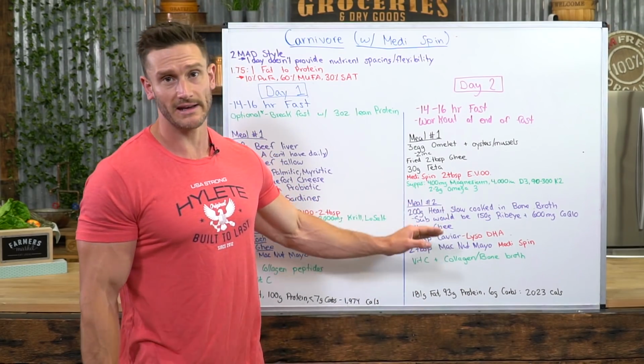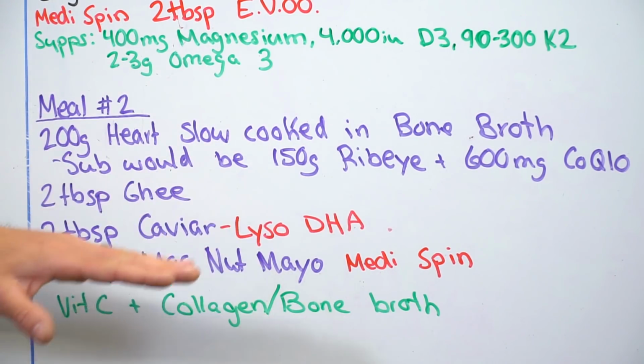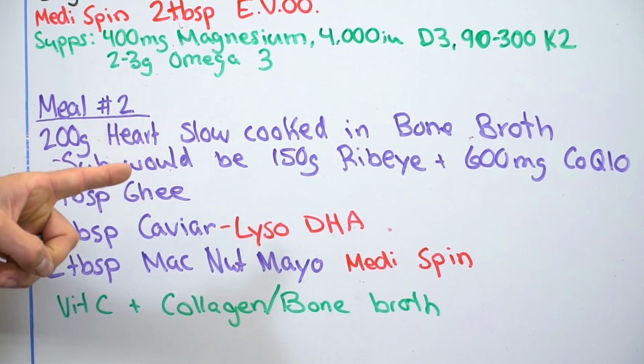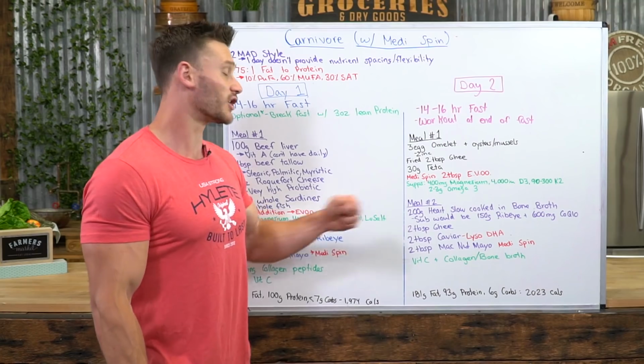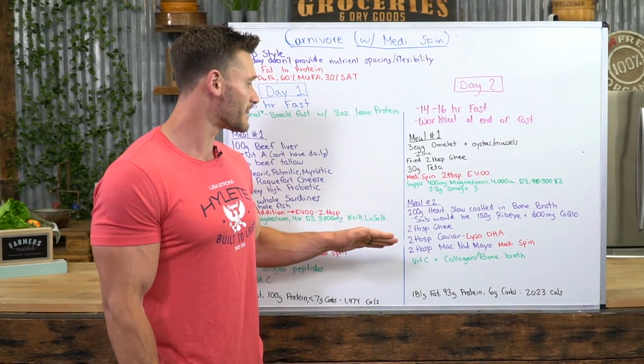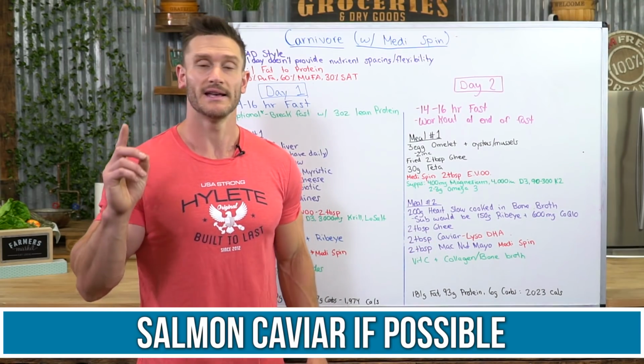If you don't want to eat heart, which a lot of you might not want to, a good substitute would be 150 grams of ribeye or New York steak, but then take 600 milligrams of coenzyme Q10 with it. Okay, we're trying to get the coenzyme Q10 that's in the heart. That's the goal here. So if you can't do that, take coenzyme Q10 with it. Cook it up in 2 tablespoons of ghee once again, then 2 tablespoons of caviar, mainly, if you can, salmon